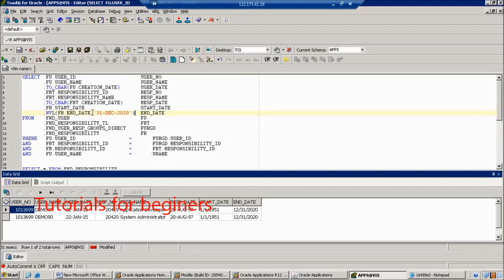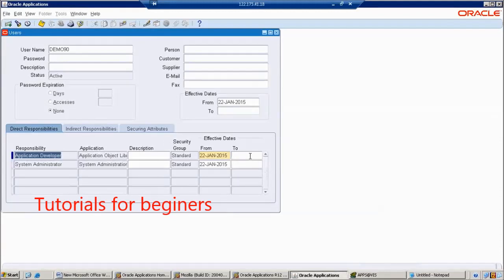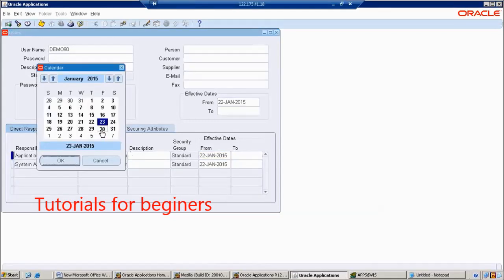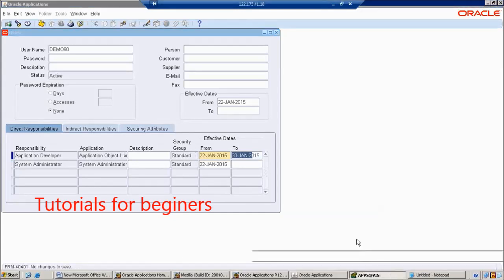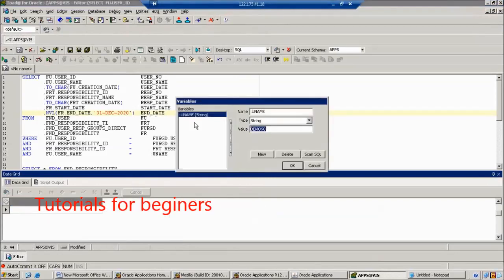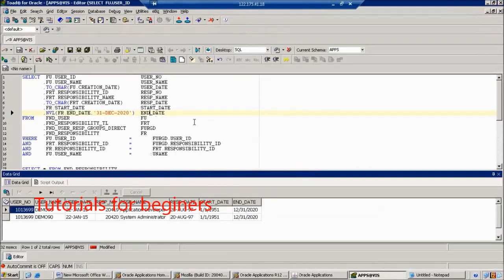Whenever the respective record has an end date, automatically, observe this one, here I can specify the end date. Just don't do that in your applications. I just want to do that here. Suppose 30th June 2015 is my end date for that application developer. Okay, save the records. Now let us check it from the backend. Then both will be shown. Here it doesn't come, right?